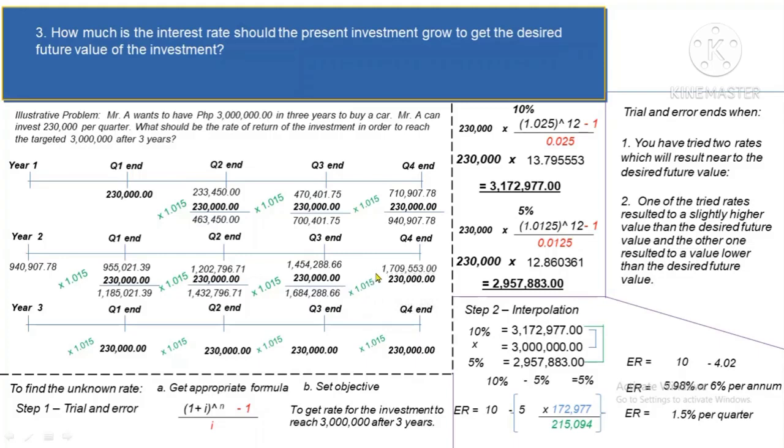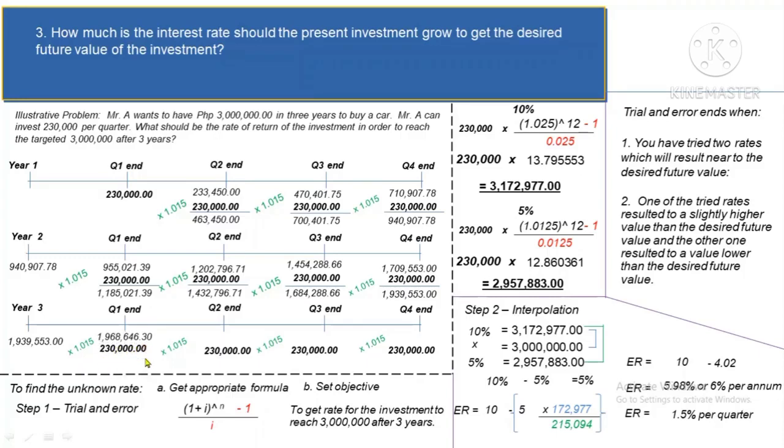You continue multiplying, and then you're gonna get at the end of the second year 1,939,553. On the year 3, we have 1,939,553 from the end of year 2 times 1.015, you're gonna get